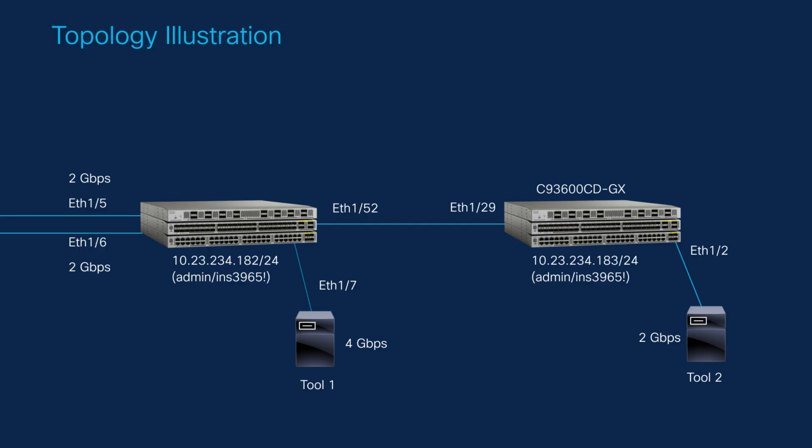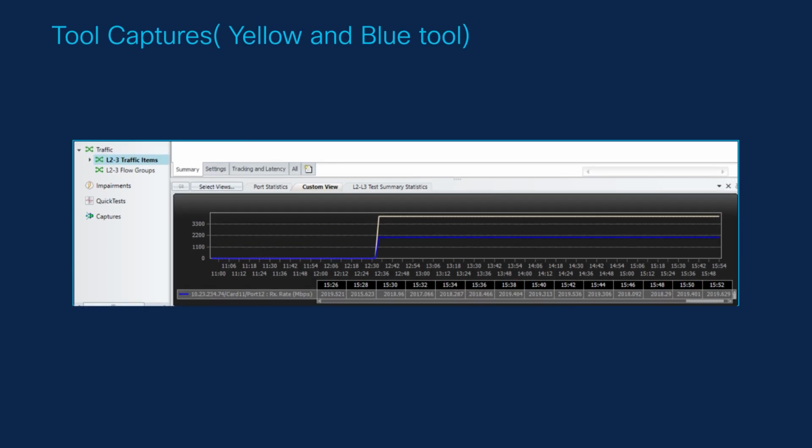To illustrate this, I have two feeds coming in, the TAPs, which are 2 Gbps and 2 Gbps, and now all the packets are sent to the yellow tool. The yellow tool will have 4 Gbps, and my blue tool just receives only unique packets. Here are some of the captures I got from my tool side, collected from a traffic generator, where my yellow tool is receiving 2 plus 2, which is 4 gigabits of traffic, but my blue tool is only receiving